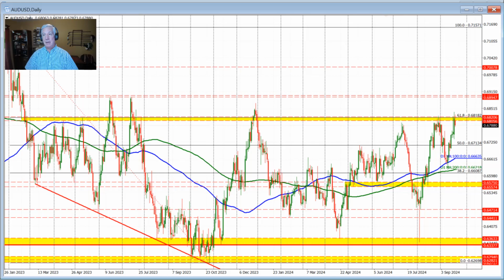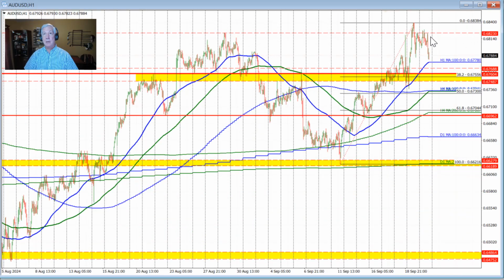So going back to the hourly chart, those levels come in right around here, and you can see how that also is helping to put a lid on this pair. Need to get above all those levels, 18, 20, 23, and stay above those levels to increase the bullish bias. So that's